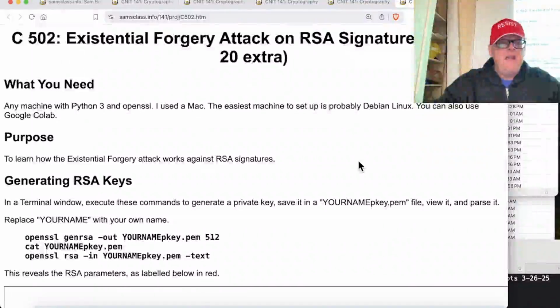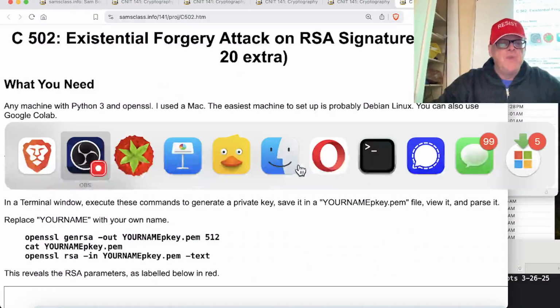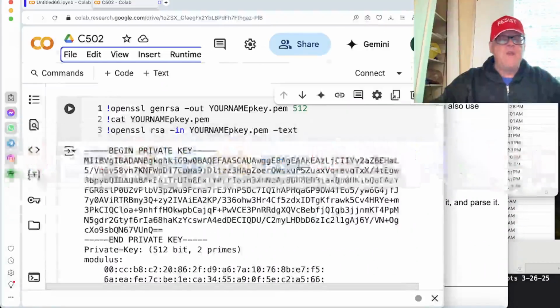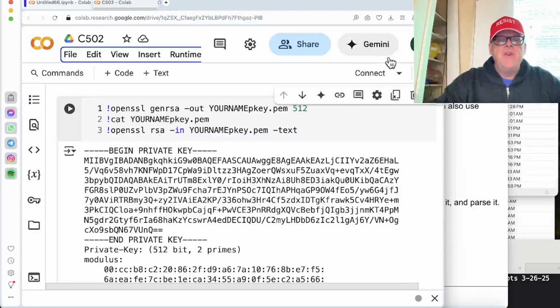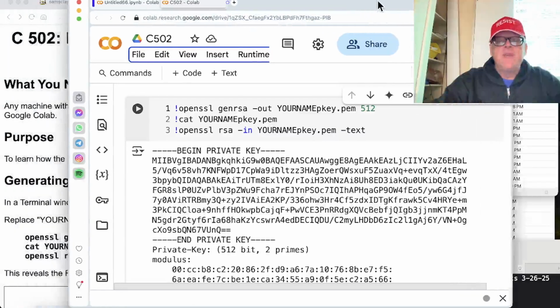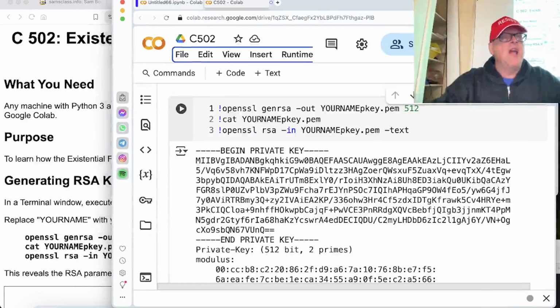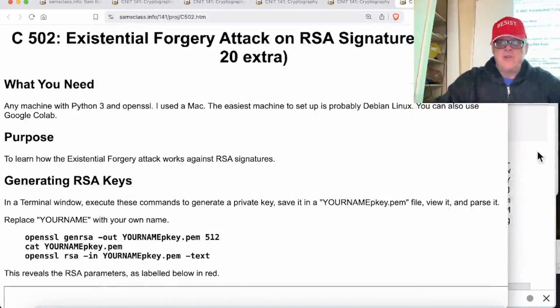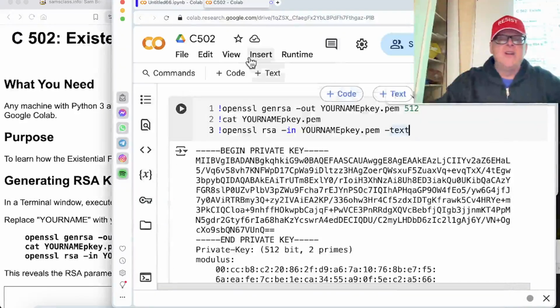This one, and in this one, I'm going to use Google Colab. And I've got it all ready to go. In fact, I've already got it. So you can use any Python environment, but I like to use Google Colab when I can because, of course, every student can use it no matter what kind of computer you have. So you log into a Google account and go to